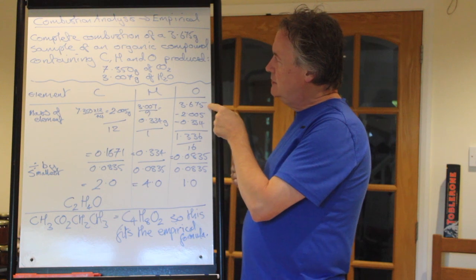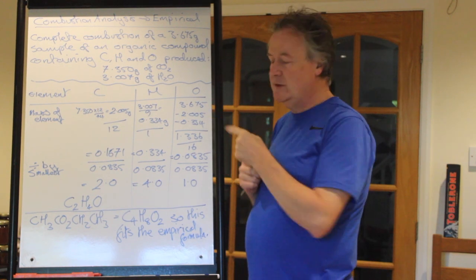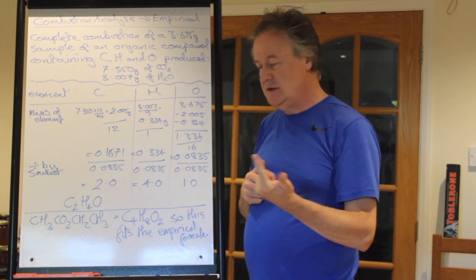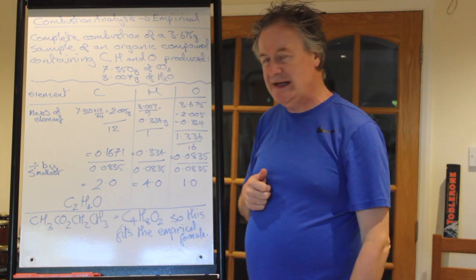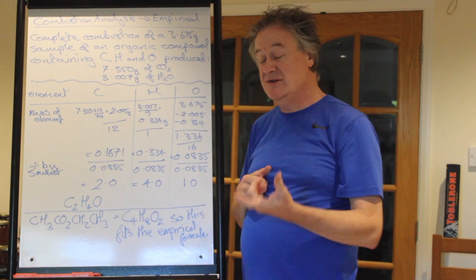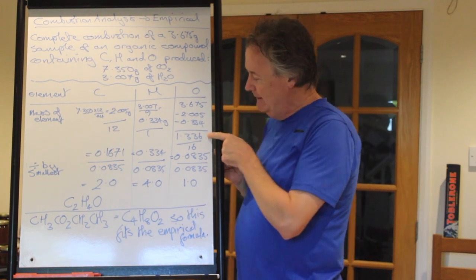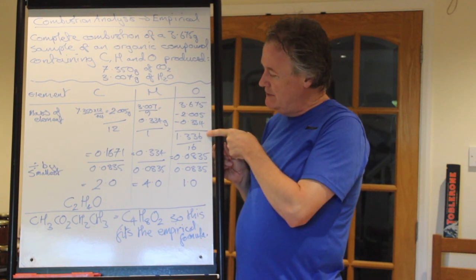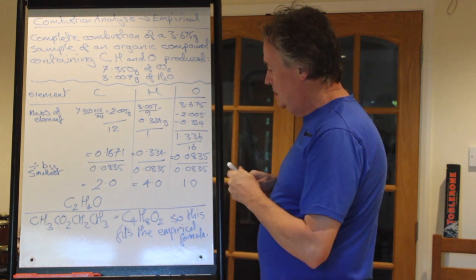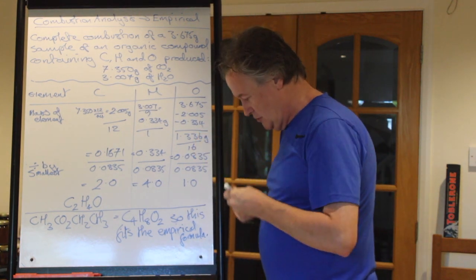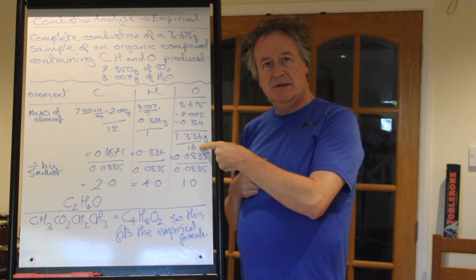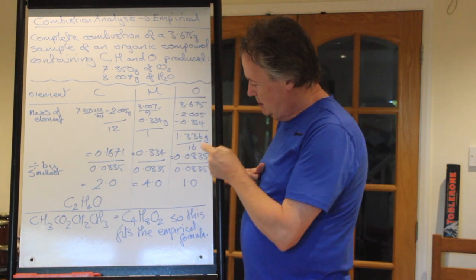If you take the 3.675 and then subtract from it the mass of carbon and the mass of hydrogen, what's left was the mass of oxygen. It looks quite large, but then oxygen is a heavier atom than either carbon or hydrogen. And then you take that number of grams, put g on the end, divide that by, this time by 16 because it's oxygen, and we get